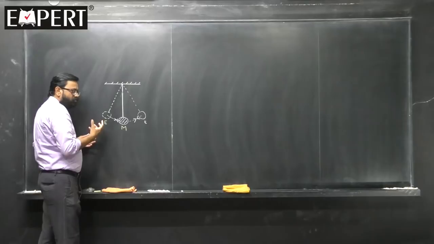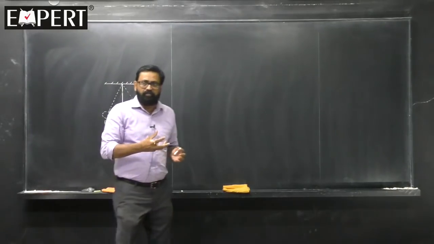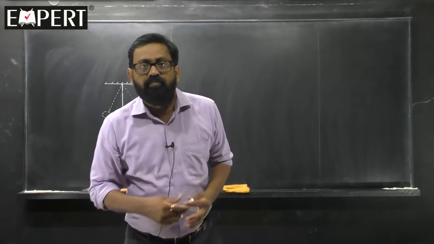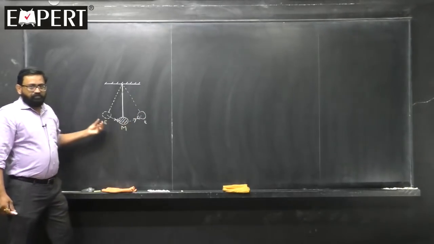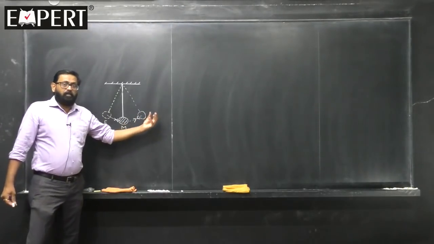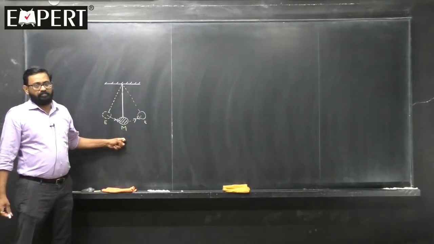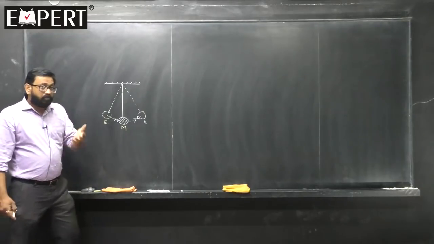What I mean to say is that you have observed that once you leave the metal bob from an extreme position, the metal bob, or in other words the simple pendulum, will exhibit an oscillation. This metal bob exhibits an oscillation about the mean position, correct? This is the fourth example. Fifth example,